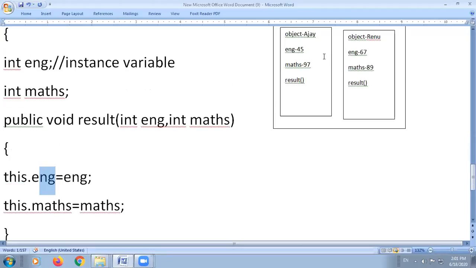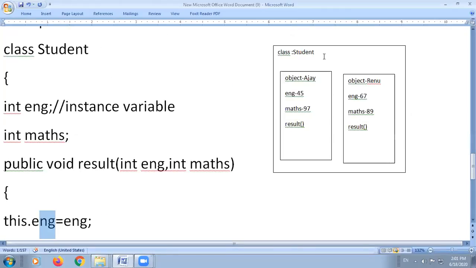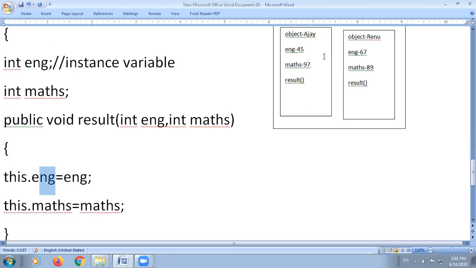In the similar way, when you create the object Renu, whatever the value that is received by the English and the maths formal parameter, this marks will be assigned. Suppose 67 and 89 will be assigned to the particular object's variable that is being called with the help of object Renu.